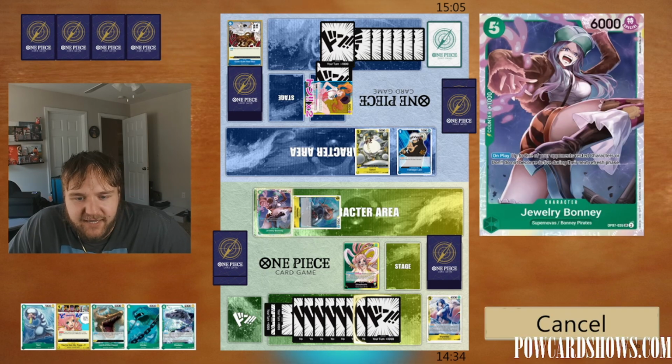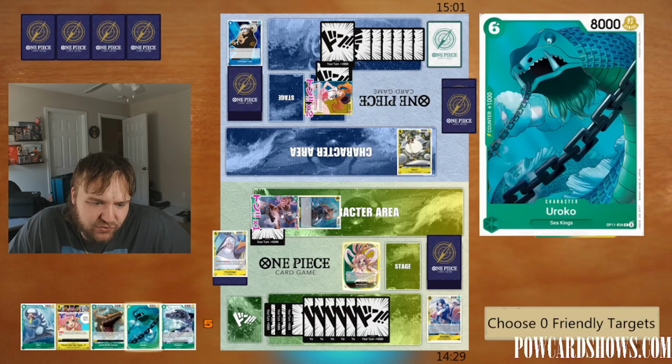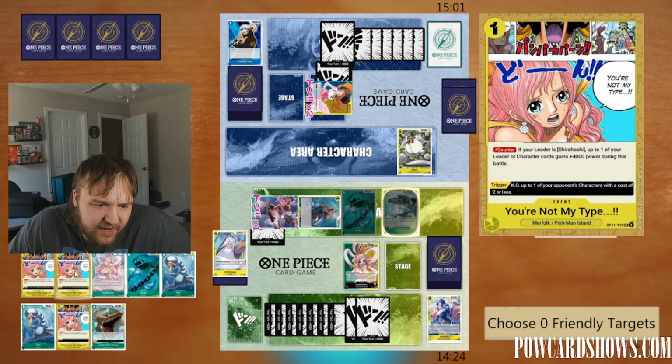Red rock trigger. Nice. 7 more at you. It's very annoying. Go ahead and block. We're going to play out the Oroku. Tap 4 for Madara. Look at the top 5. We're going to go ahead and grab...